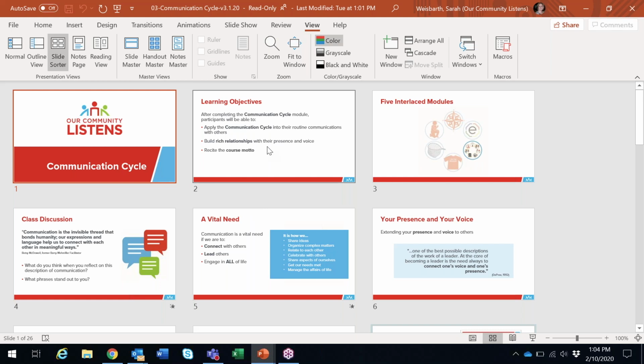We start always with our learning objectives. It's important to read these. It's important to emphasize the bolded words, orient people to where we are in the process, just like I did with you. We were in orientation, communication profile, and now we're heading into the communication cycle. This is a fun spot to highlight that there are modules in the module, that there are icons within this icon, and that we'll be going into those deeper.